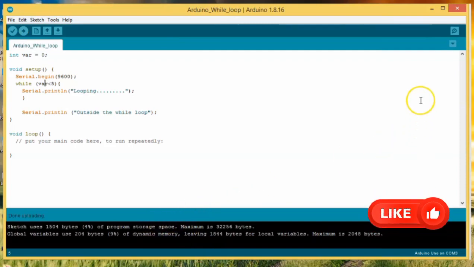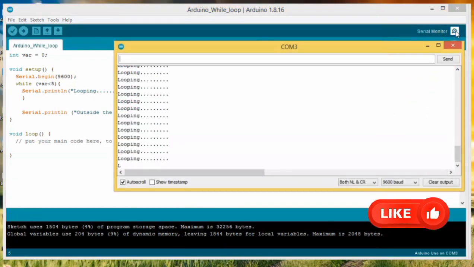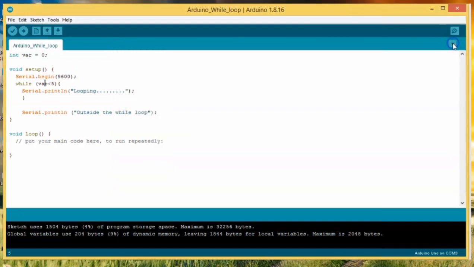It's done uploading, so let's open this up and see looping. It will keep on looping, because if it comes back, you find out that var, which has a value of 0, is less than 5, until a trigger comes in, something that will make this condition not valid, and it will exit the while loop. So for us to achieve that,